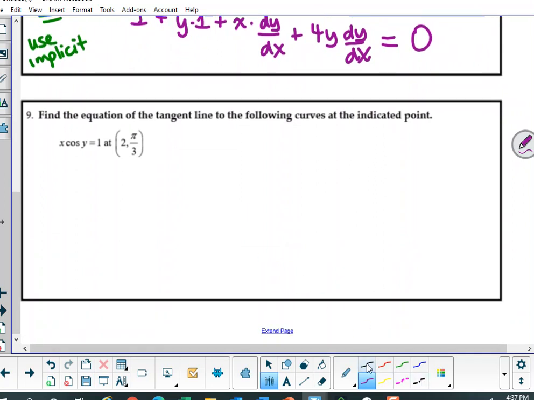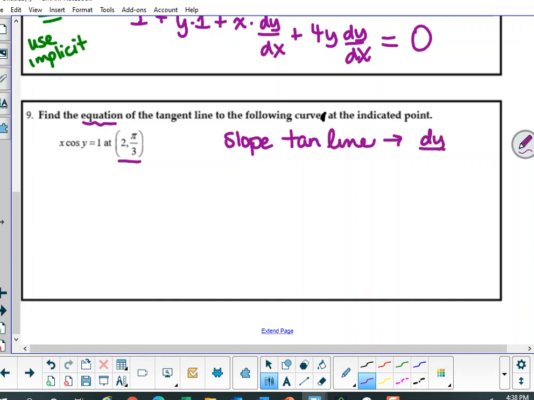Now, this question. Find the equation of the tangent line to the following curve at the indicated point. In this case, we have the x and the y, so it's a little easier. We have to remember that we need the equation of the tangent line. So to get the slope of the tangent line,